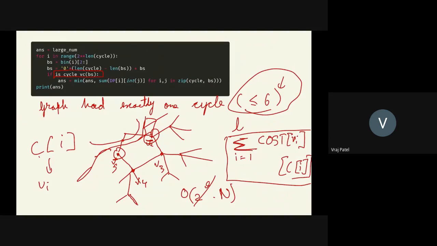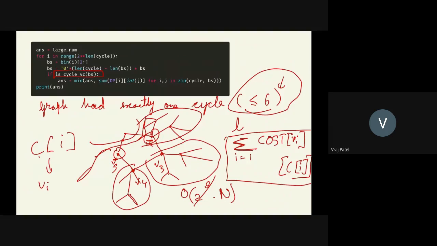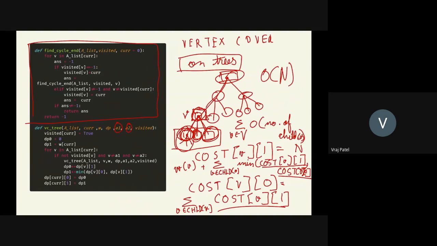This DP is just like this cost array, right? You have to be careful when you are doing this. You can use a simple DFS code, but you have to just avoid going into this and this vertex. That way you can implement it. This is why I have used this A1 and A2. When I am starting my DP from this vertex in a cycle, I do not go into this and this. That is why I was using A1 and A2.